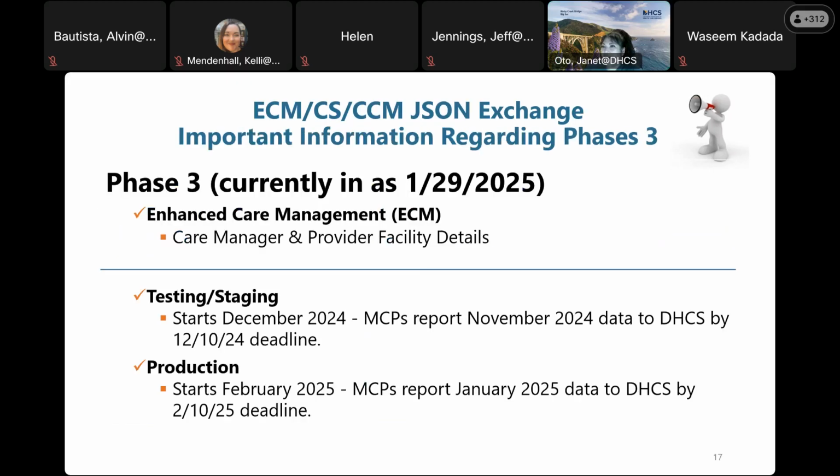Okay, so as mentioned, here's some important information regarding phase 3. We are currently in there right now. As I mentioned, we do have the care manager, provider, facility details. The testing and staging period started in December 2024, and the managed care plans report November 2024 data to DHCS